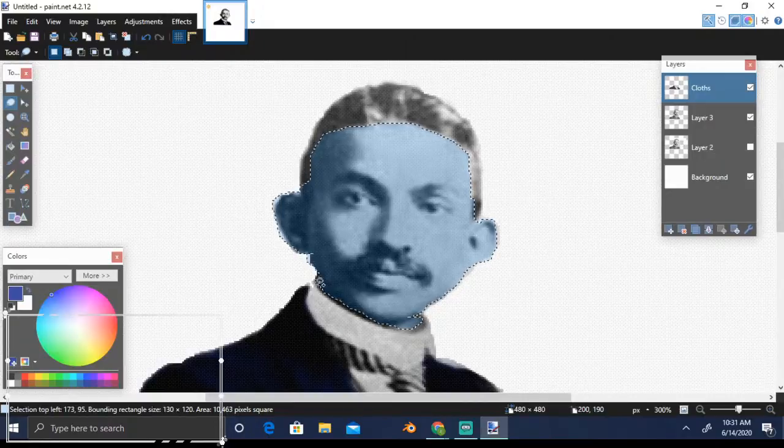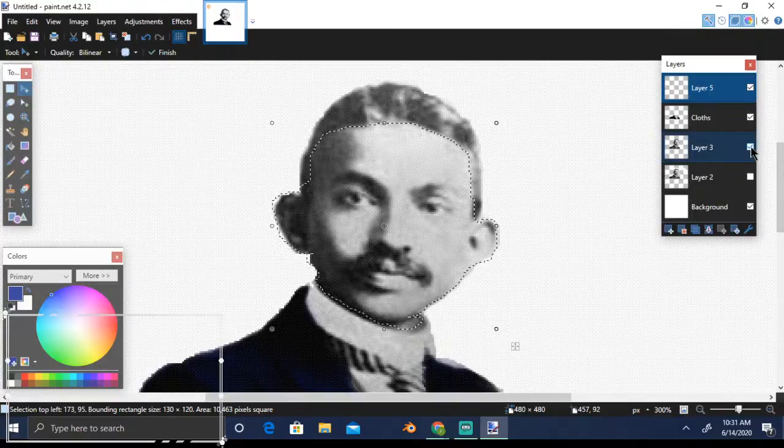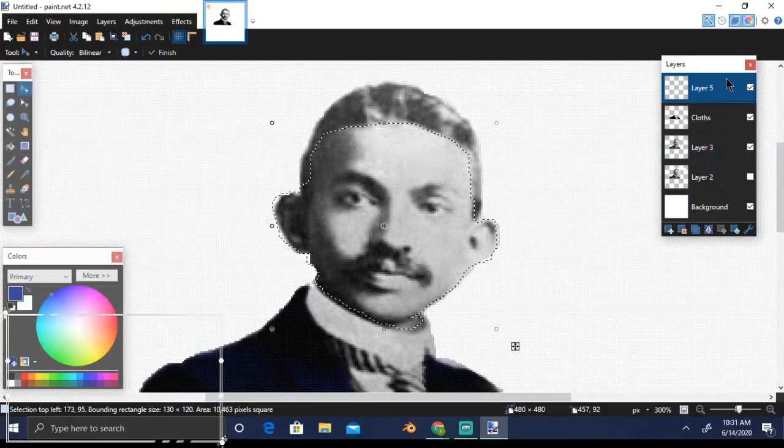Again, I'll copy it. Control C to copy. I'll put another layer and I'll do a Control V. Okay, and let's remove this. Okay, so it did not copy because we were on a different layer. So let me see if it works here. Previously we were on this layer, so it did not have the face. This layer had the face, so I have to move it here and copy from here.